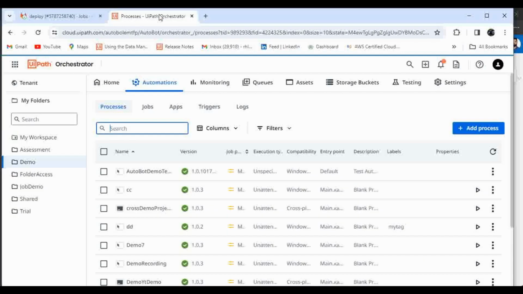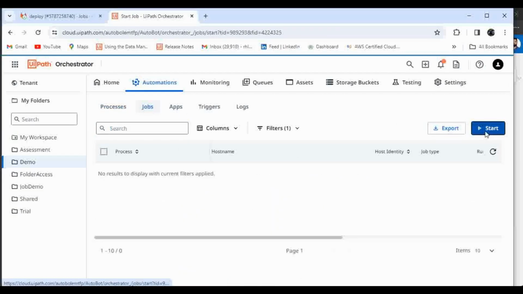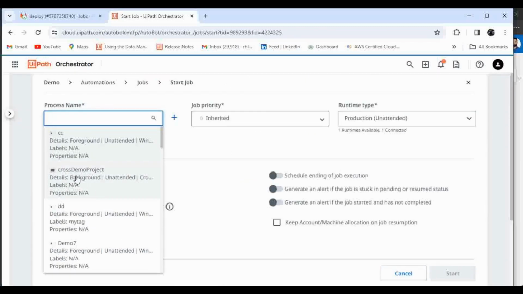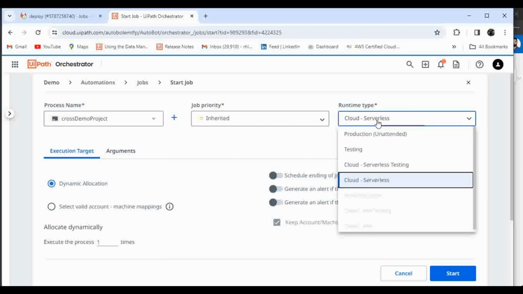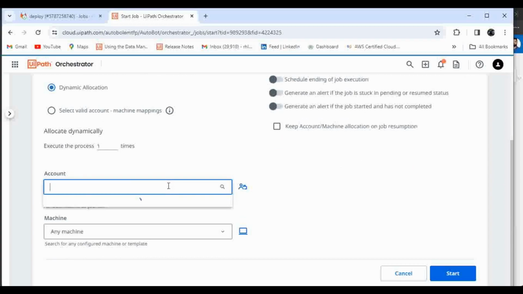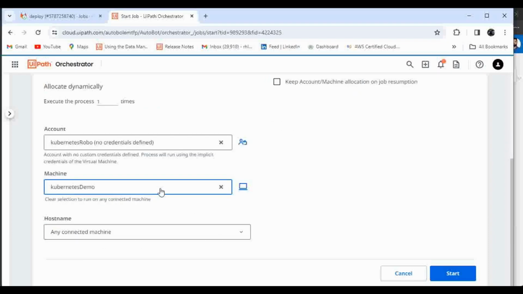So now what I'm going to do is go here, go to jobs. Let me click on start. Okay, let me select a cross-platform project. Okay, so this is a cross-platform project. Let me select it as unattended. Okay, and here I'm going to choose the Kubernetes robot account, and the machine is nothing but the one that we created yesterday, Kubernetes demo,